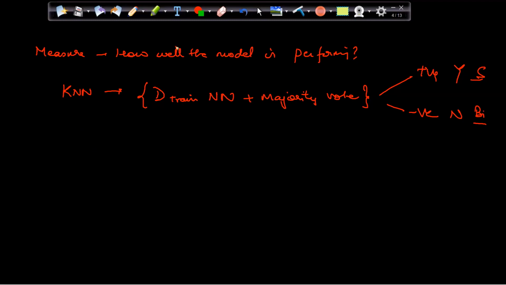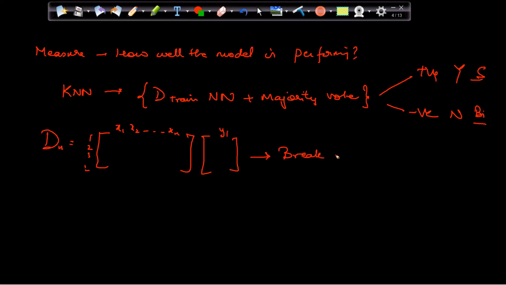Now, what we are doing, we already had a discussion, but again, in matrix form. So D is my data set, which consists of all the xi's, right? It consists of all the xi's, 1, 2, 3, and n. I have various x1, x2, xn, right? And I have a corresponding yi for each. I will split this data, I will break the data into two parts, that is training data set and testing data set,